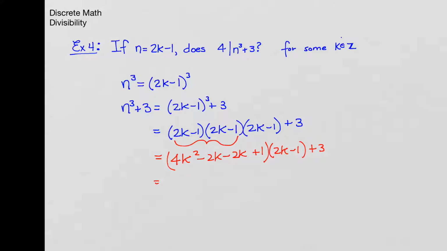So I'll continue on this problem, distributing the 2k and distributing the minus 1. You can see how that goes, etc. Okay, so when we finish FOILing this out, what we end up with